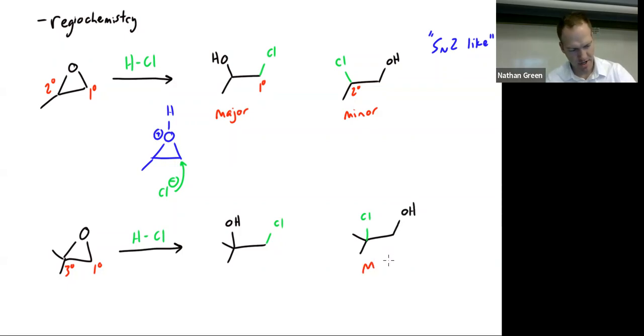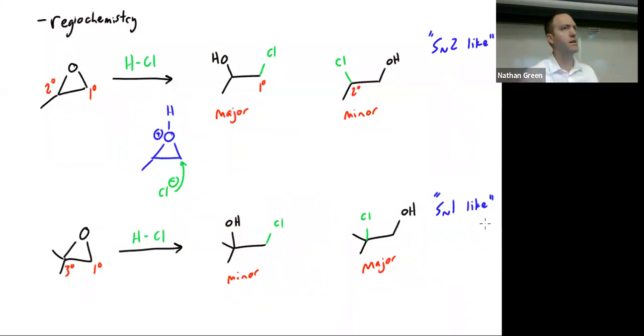This is now the major product. That is the minor product. This type of reaction follows an SN1-like pathway. Now, why am I saying SN1-like, SN2-like, and why am I putting quotes in there? Because the mechanism is complicated. You can think of this kind of like once this oxonium ion,